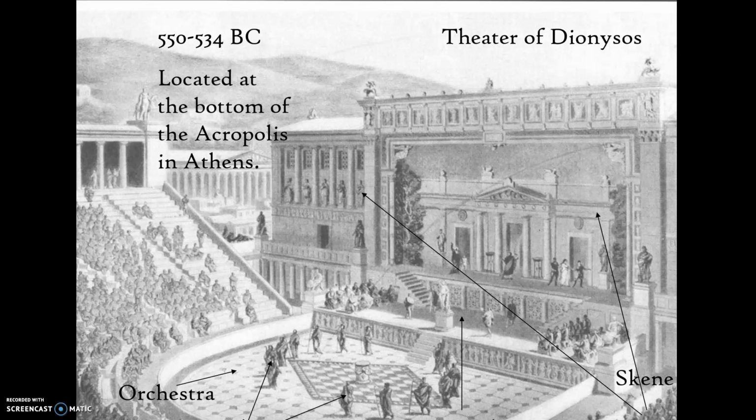Here's the Theater of Dionysus. This was from 550 to 534 BC, and you can see it located at the bottom of the Acropolis in Athens. So here are the actors and actresses, and here are the people in the amphitheater. This is the orchestra. You've got your chorus,